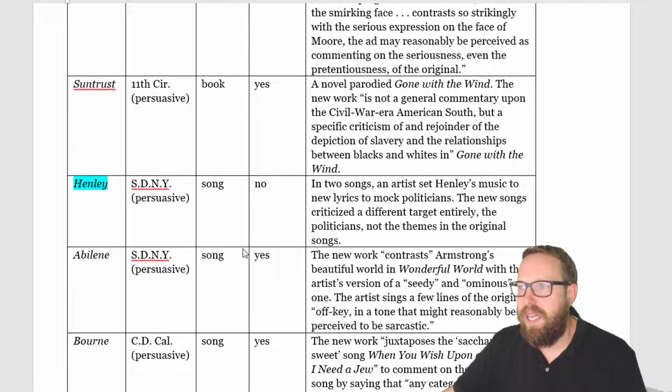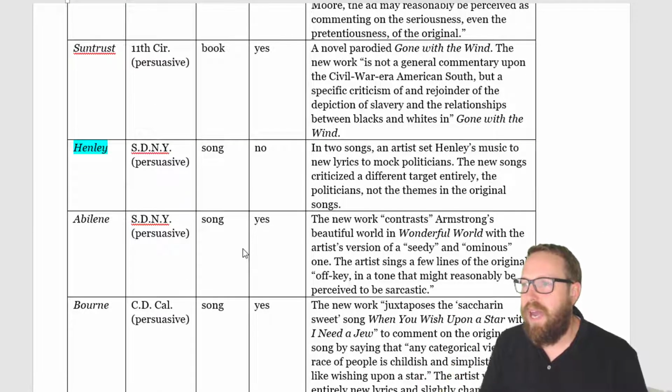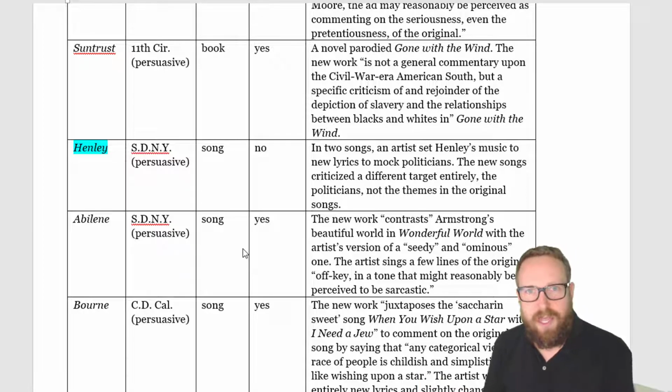And then the final one is Henley. That I like in terms of an analogy because it's dead on with ours, like factually. It's where somebody used the music without changing it. Okay, in Campbell, they changed it. In Leibowitz, they changed the photograph. Here, they didn't change the music at all, just like Kylie Williams didn't change the music at all.